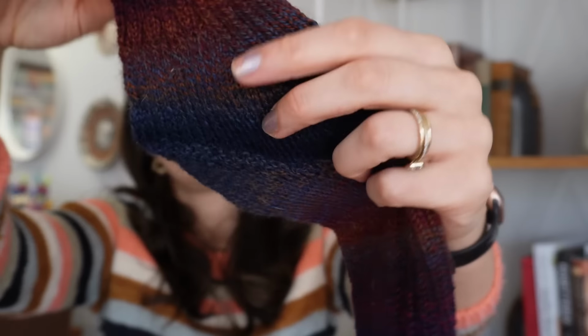So I think they make for a more comfortable sock, especially if you're somebody who finds knit socks to be tight sometimes. I think a heel flap and gusset or a strong heel is a nicer construction. What I like about the strong heel is you don't have to knit anything flat and pick up stitches. So rather than knitting your heel flap and then picking up those stitches after the heel turn,